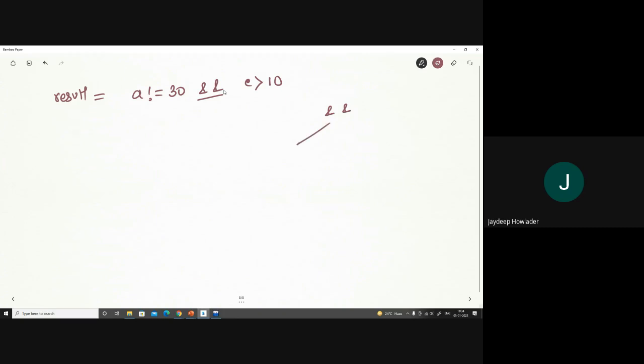So what is the left hand side? The left hand side is a conditional operation, this one, and it has two arguments, A and 30. What is the right hand side? It is a condition operation which has two arguments, C and 10. So to get the value at this point, I must have the value in this box, and I must have the value in this box.